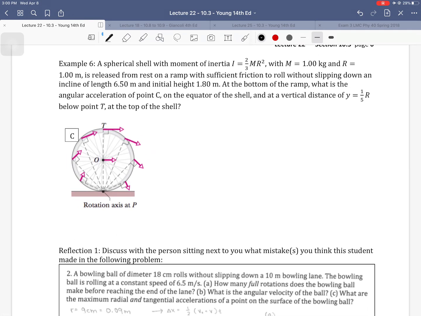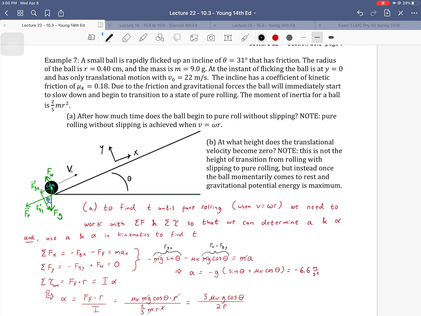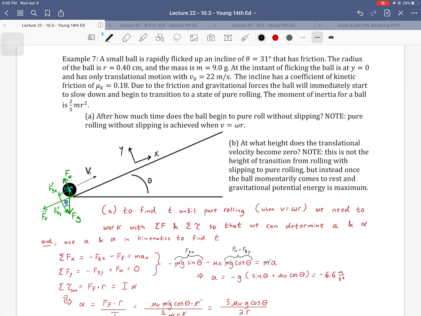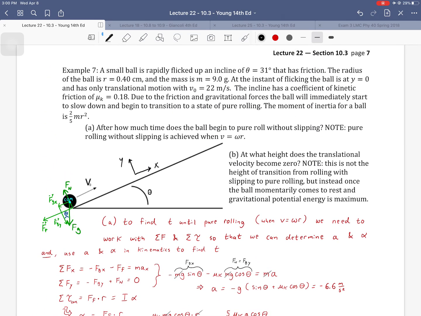This is another rolling with slipping problem. Definitely a good one to practice if you feel like those steps are many and complicated. This one I'd like to show to you, but in the interest of time, I won't include it in today's lecture. And then we finally have one other example. This one is from a past exam. Just a fascinating combination of slipping on a slope, which we haven't seen, right? We saw the bowling ball slipping on level ground. What about an object that's transitioning from slipping to pure roll